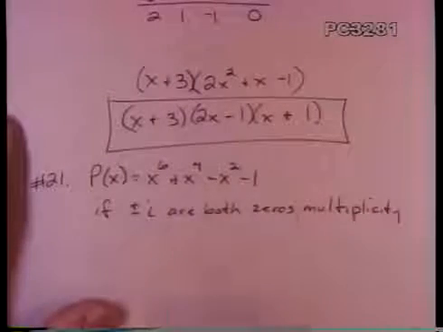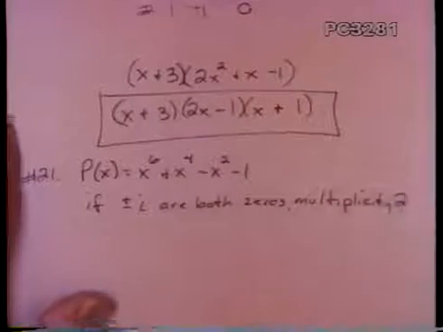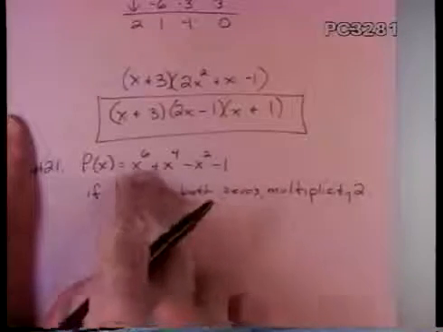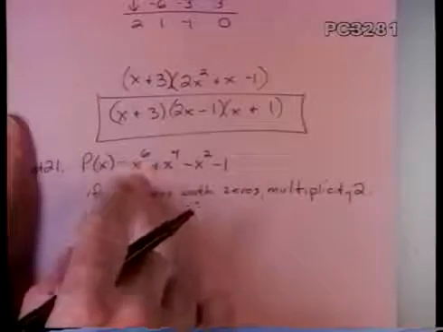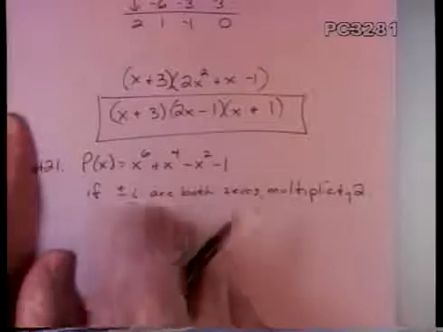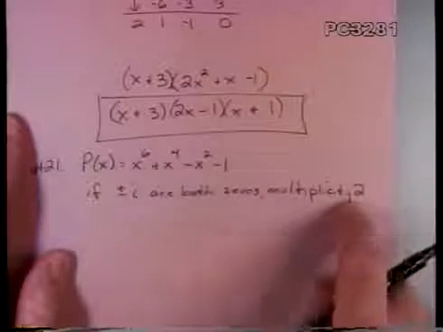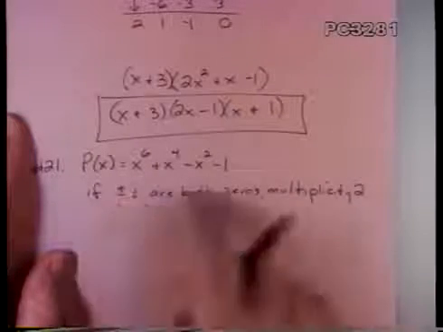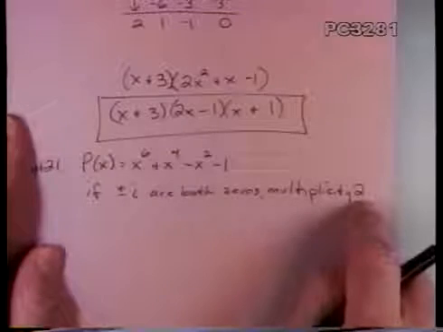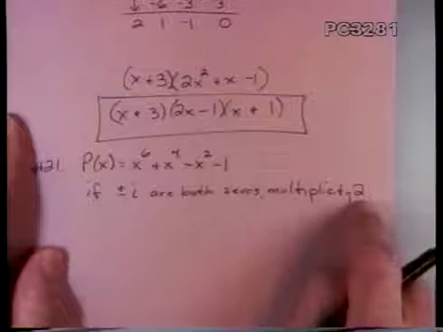I said 1, but it's actually a multiplicity of 2. So what does that mean, multiplicity of 2? Now we've got a lot of factoring to do here because there are going to be 6 factors, but they've given us 4 of them. Positive i is a factor twice. Negative i is a factor twice. So if I was doing this one,